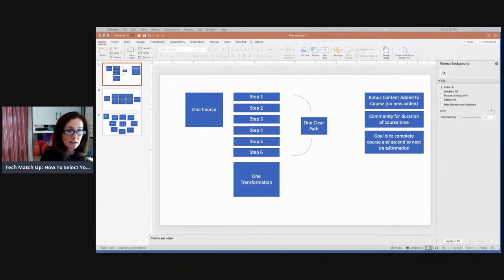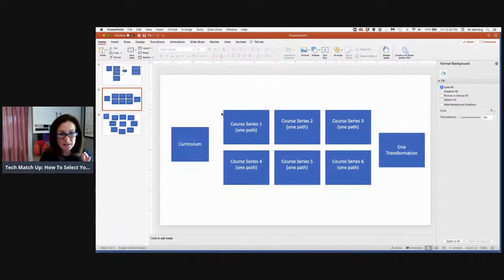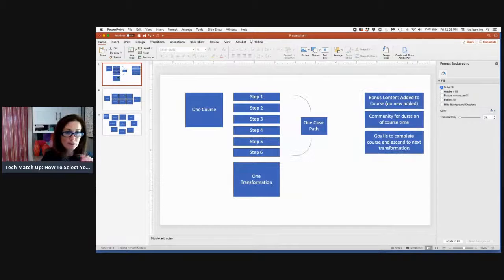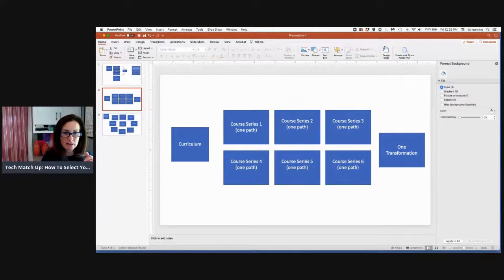All right, so then the second option with this is, what happens if you have a course that has different components to it? So a lot of times we call multiple courses that lead to that one transformation a curriculum. That's kind of the technical term for it. But basically what that means is there's a series of courses that make up one transformation. And so this is, again, you're taking the structure for one course, and you're just duplicating that in multiple course